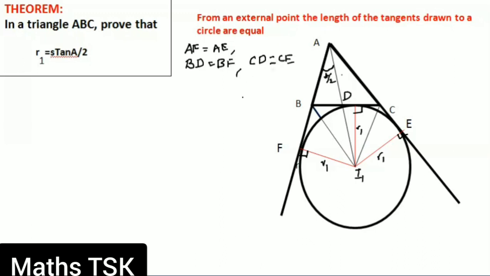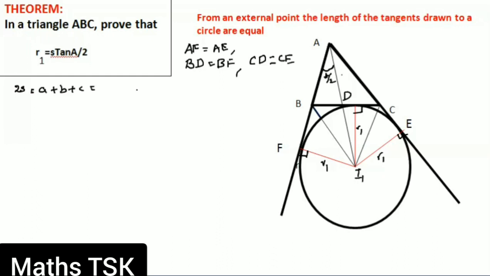Okay, right. What is S? S is nothing but A plus B plus C. Here we can take A plus B plus C is equal to 2S, or consider S minus A, S minus B, or S minus C. What we can write is 2S is equal to A plus B plus C, as in the last theorem.